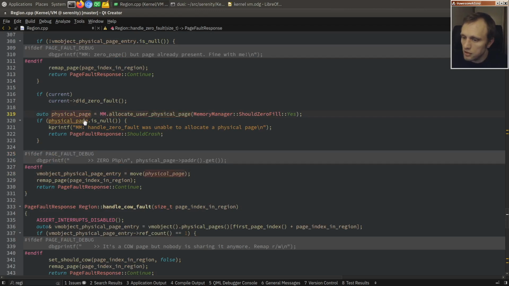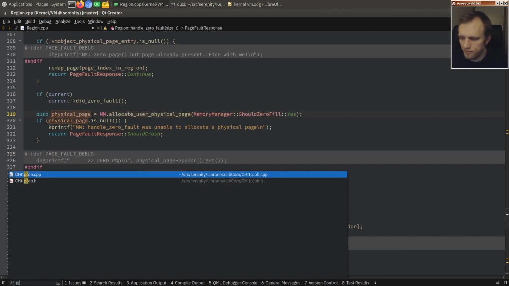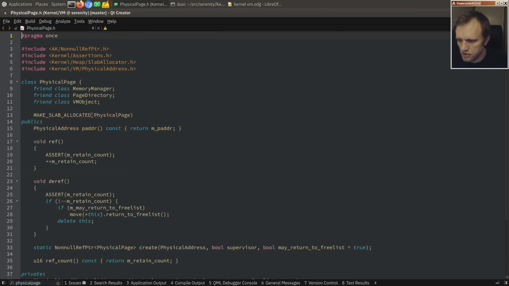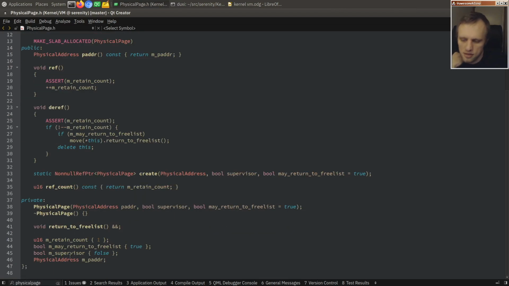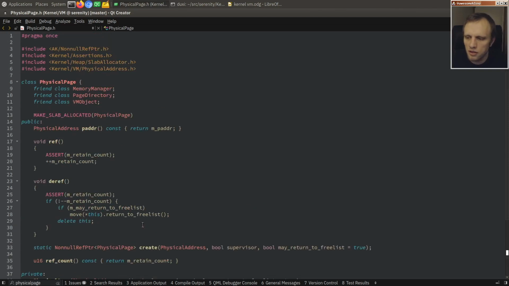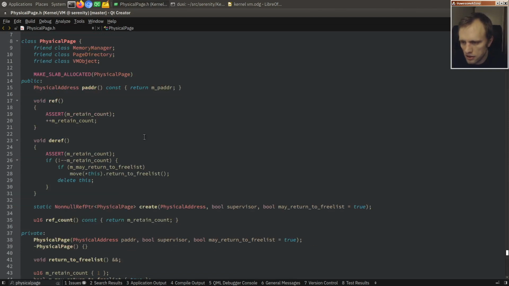And maybe we can look at the physical page object actually. Physical page. It's a very, very simple object. It just contains a physical address, and then it has a reference count, and then some bits here that say if it can be returned to the page free list or not, and if it's a supervisor page or not. But the important thing to know about it is that